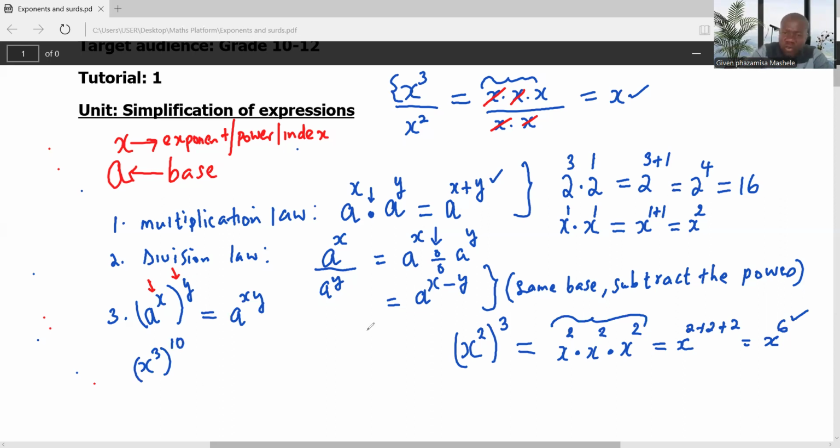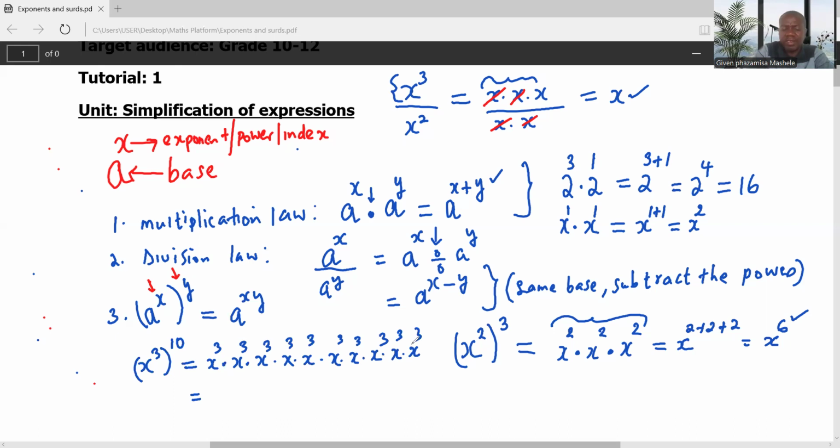Which means if we want to follow this pattern, we have to expand x to the power of 3 ten times. So it will be x to the power of 3 times x to the power of 3 times x to the power of 3 times x to the power of 3, just like that 10 times. Which will actually be tedious work. 1, 2, 3, 4, 5, 6, 7, 8, 9, and 10. Then we'll still have to use the multiplication law because there is multiplication in between,